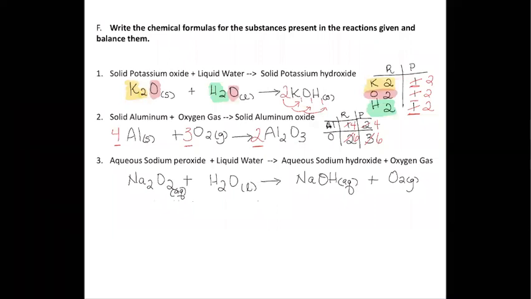So when we look at the number of atoms of each of the elements in the reactants, we have sodium, we have oxygen, and we have hydrogen. We need to have the same elements on the other side. Because remember, in these reactions, we don't have